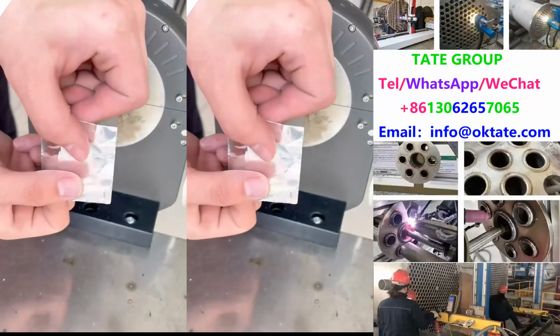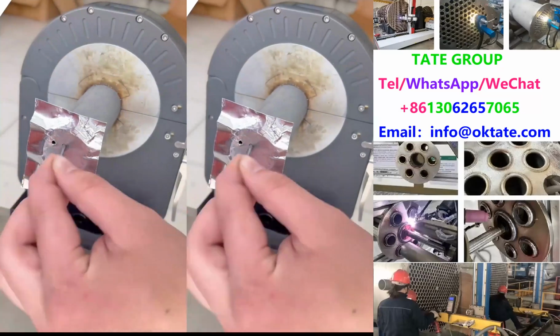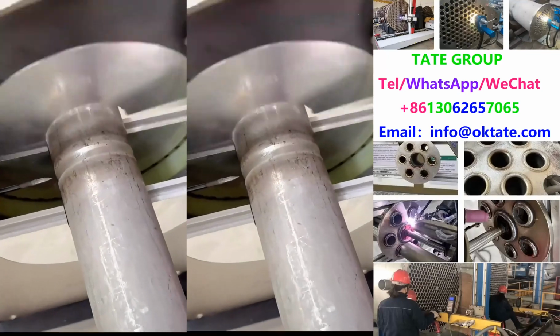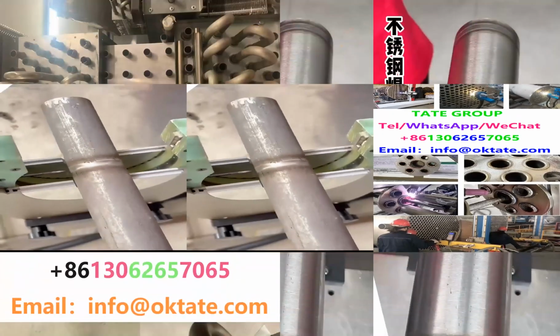regulations. With compatibility across a wide range of materials, including duplex stainless steel and nickel alloys, this machine is indispensable